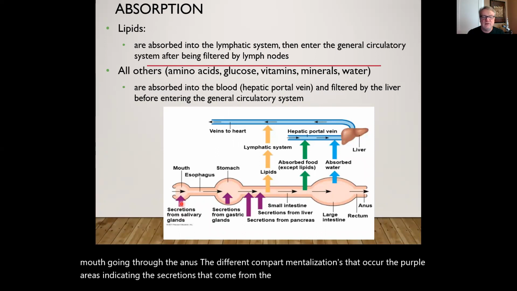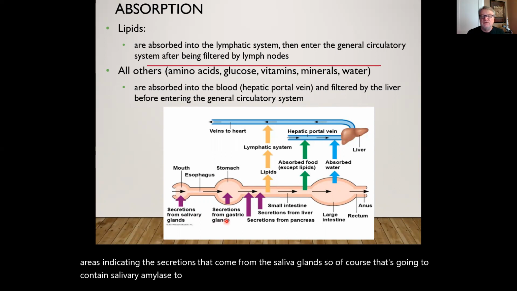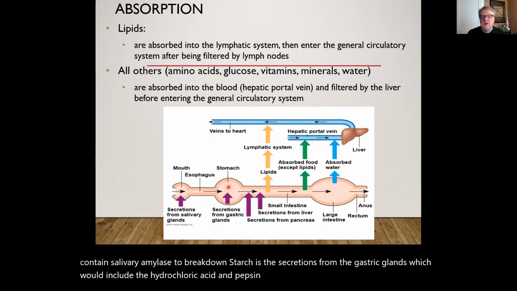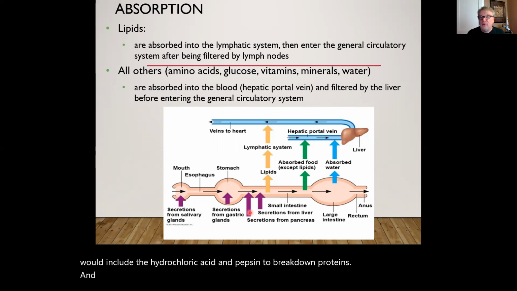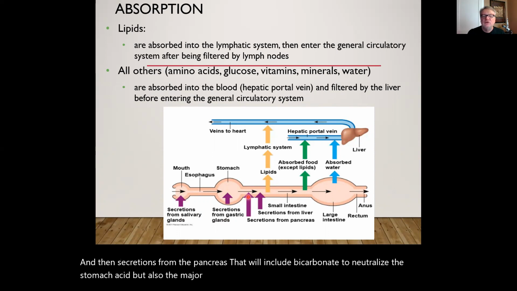So, of course, that's going to contain salivary amylase to break down starches. The secretions from the gastric glands would include the hydrochloric acid and pepsin to break down proteins, and then secretions from the pancreas will include bicarbonate to neutralize the stomach acid, but also the major digestive enzymes to